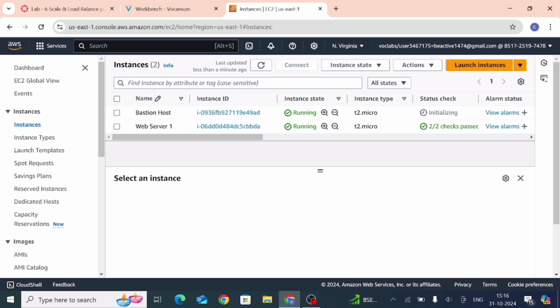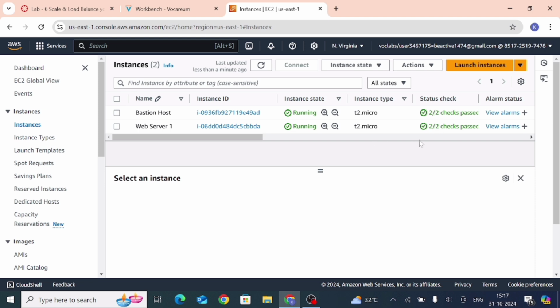So just wait for a few minutes, refresh the page. When both instances show 2 by 2 checks passed, that means both instances are created properly. Refresh the page 2-3 times, so it shows the green signal. So now both instances are created.